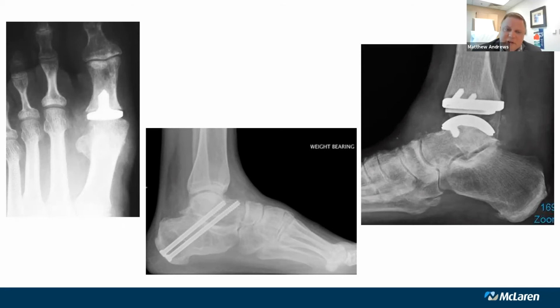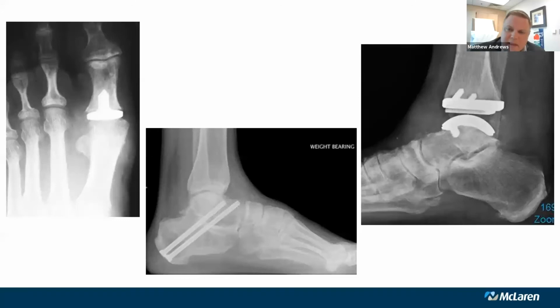This picture in the middle is a fusion of the heel bone to the talus bone, which is part of the ankle. The joint that connects these two bones is called the subtalar joint. And oftentimes for severe arthritis of the rear foot or in people with really painful flat foot conditions, we will go fuse this joint in place. With that joint fusion, it's very stable and oftentimes very pain-free walking afterwards, but you do lose a very slight amount of range of motion. You lose a little bit of what we call inversion and eversion of the hind foot. So sometimes walking on uneven ground becomes a little more difficult afterwards, but we typically can compensate for it pretty well.